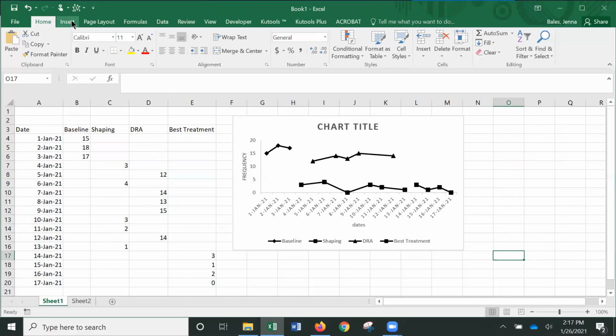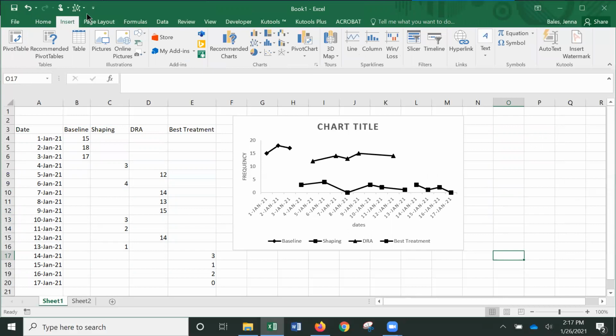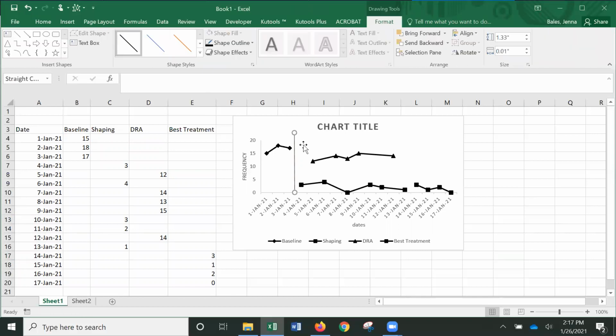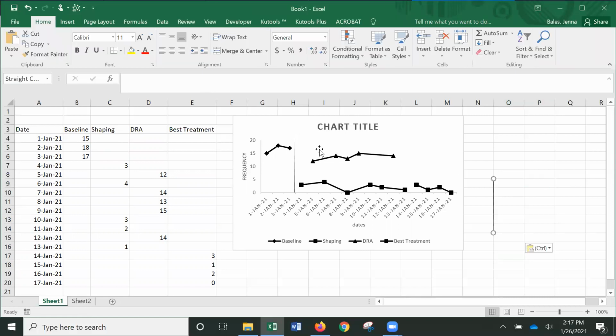So I do have a video that shows you how to enter moving phase change lines into the graph, but for the purposes of this video, I'm just going to show you how to do it through the insert line. Okay, so select insert line, and then you're just going to draw in the line. We do need to change the line to black. And then I'm going to copy it and paste it so I don't have to do everything twice for my next